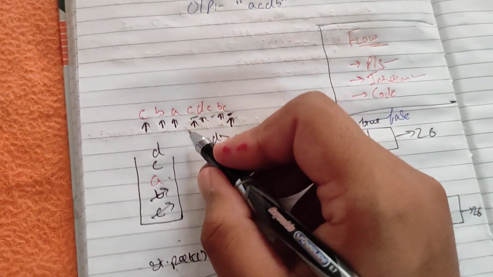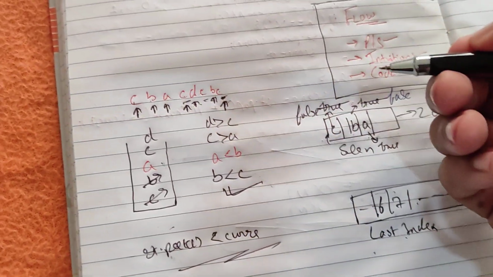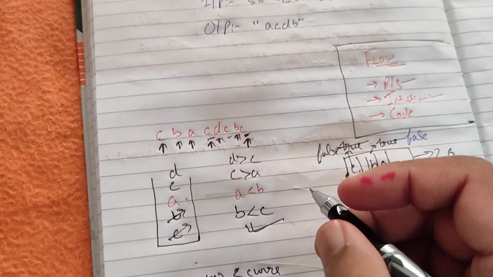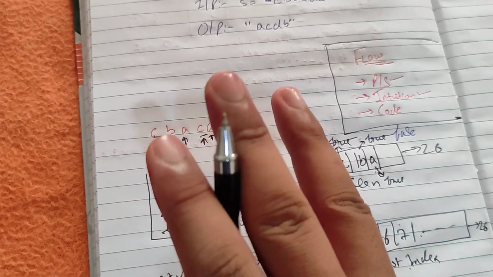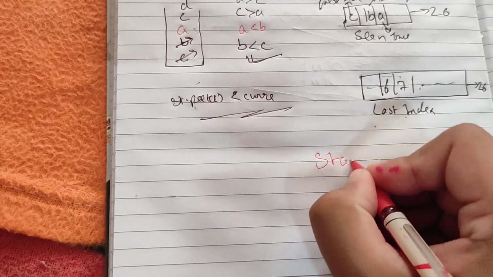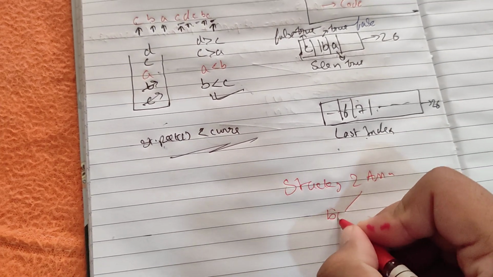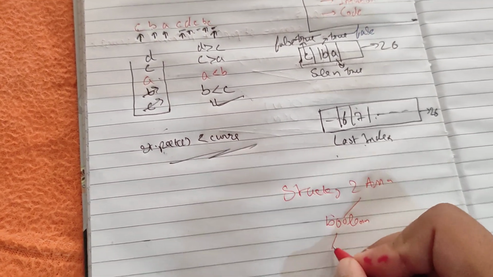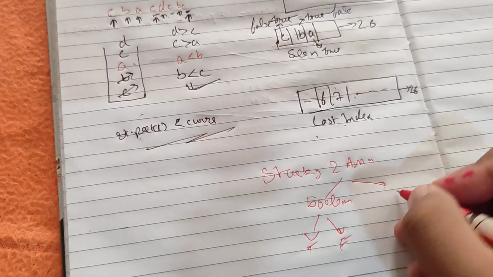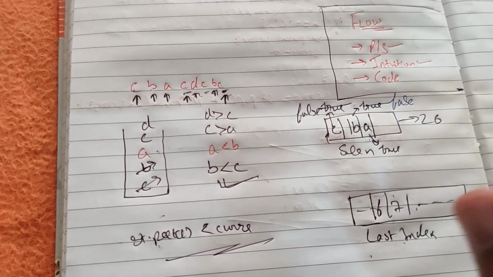Okay, so for example, if they are not following the lexicographic order, then I have to check whether the last index shows it is present further over here. Then I will use my last index for that one. Alright, ladies and gentlemen, I have to keep these three things in my mind. Now you got the complete idea. We are using a stack, and we are using two arrays. One array gives you a boolean which will mark it as true or false, and the other will help you identify whether it is further present or not, which is the last index. Alright guys, I hope this is very clear.